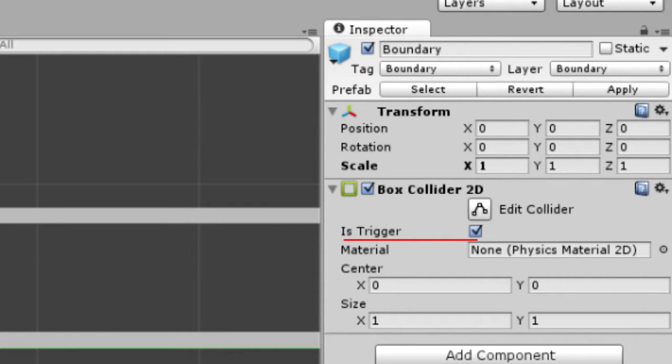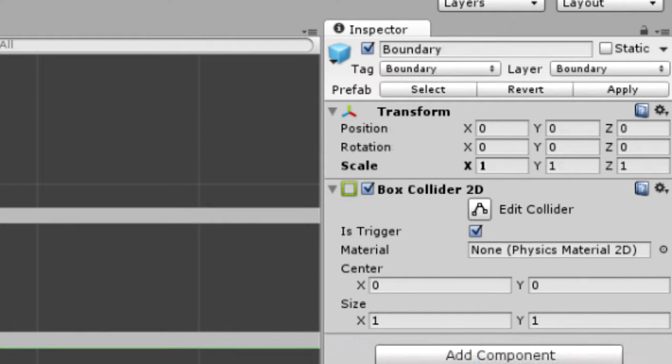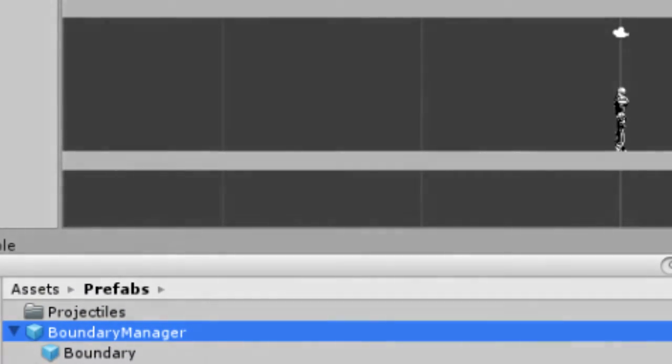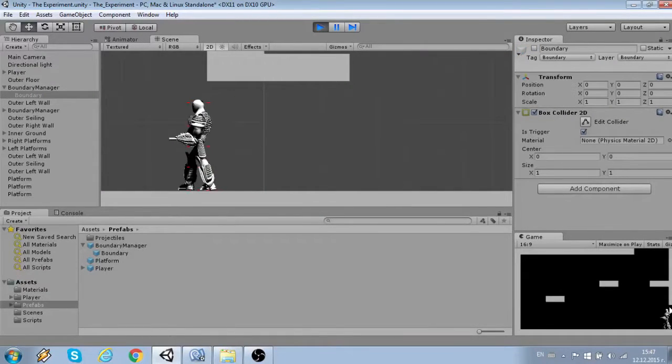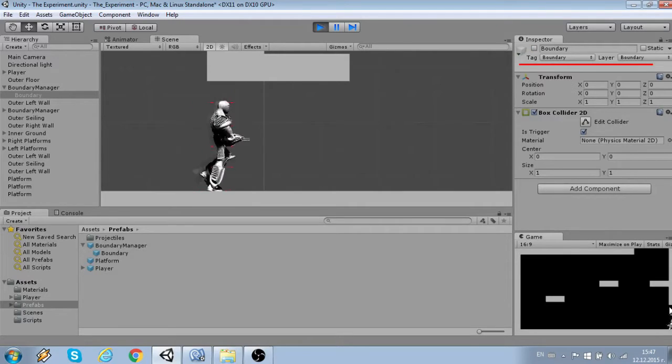Now when I want to change its shape or size, I am not going to do it using its own scale properties, but rather change the ones on the boundary manager itself, which is the parent object, and the child will change accordingly. And so all of this will be saved as a prefab. Now I will want the boundary manager to activate and deactivate the boundary if the player is inside or outside